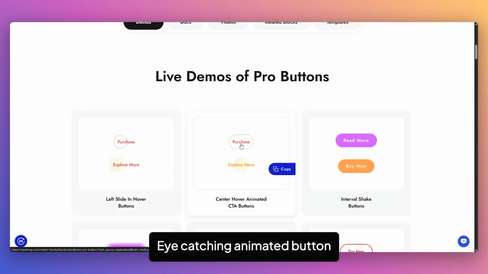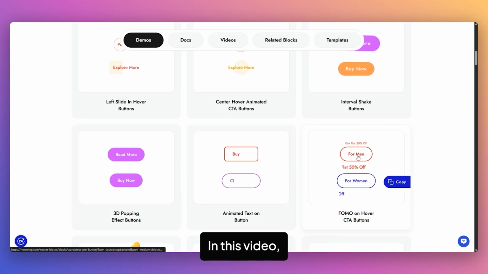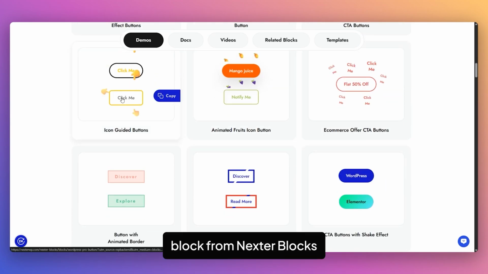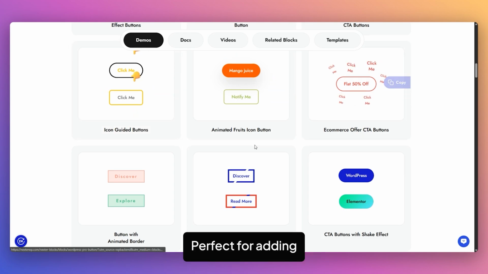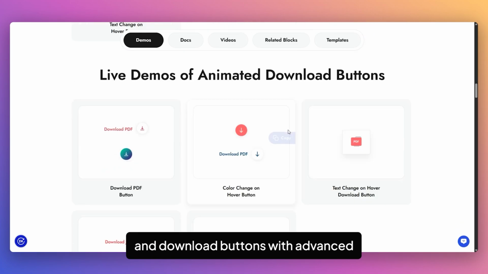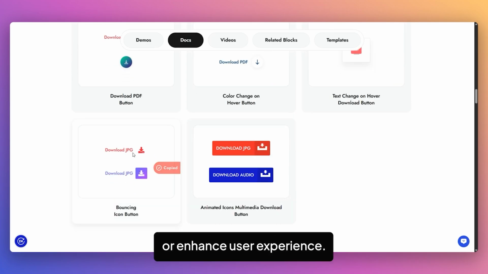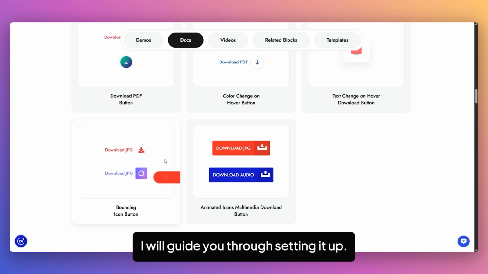Want to create eye-catching animated buttons that drive user engagement on your WordPress site? In this video, we are exploring the Pro Buttons block from Nextblocks. Perfect for adding customizable call to action buttons and download buttons with advanced hover effects and animation. Whether you are aiming to boost conversion or enhance user experience, I'll guide you through setting it up, so let's